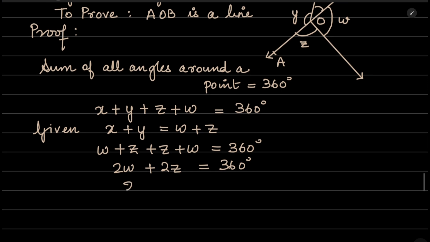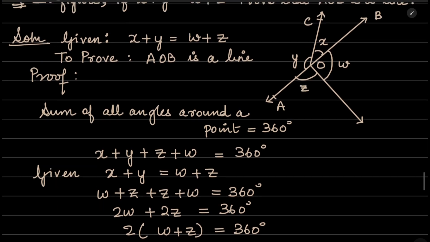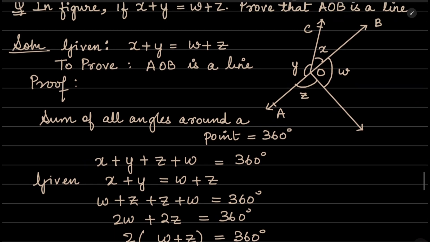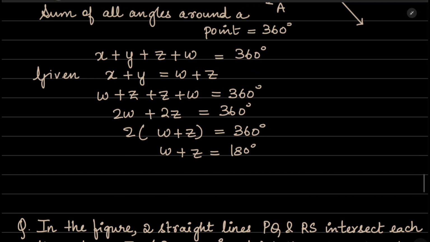Take 2 common out. W plus z equal to 360 degree, or you can say w plus z equal to 180 degree. Okay, and where is w plus z? W and z are adjacent angles, right? Whenever the sum of adjacent angles in a line is 180 degree, which means AOB is a straight line. Okay, so you can write,